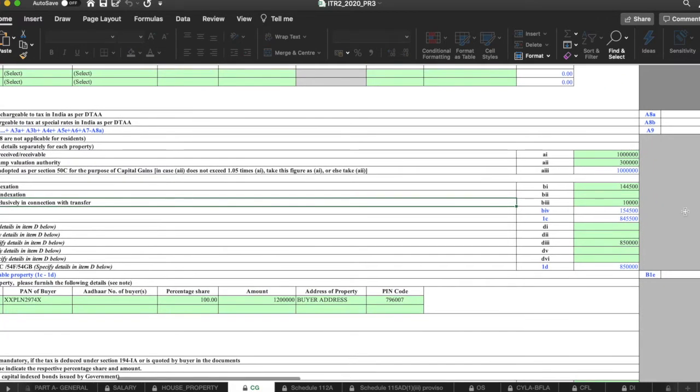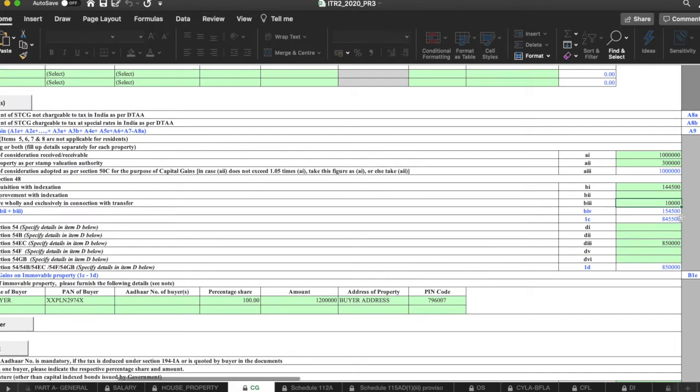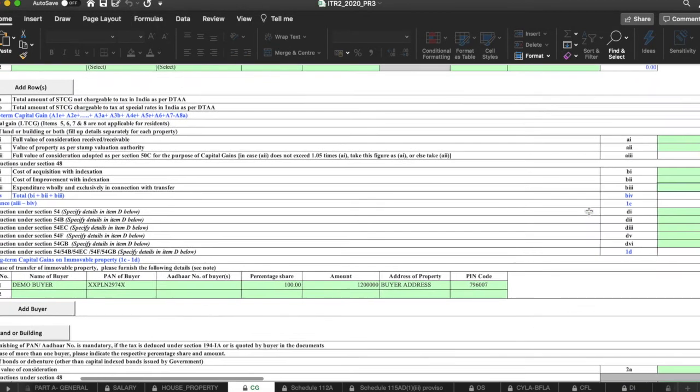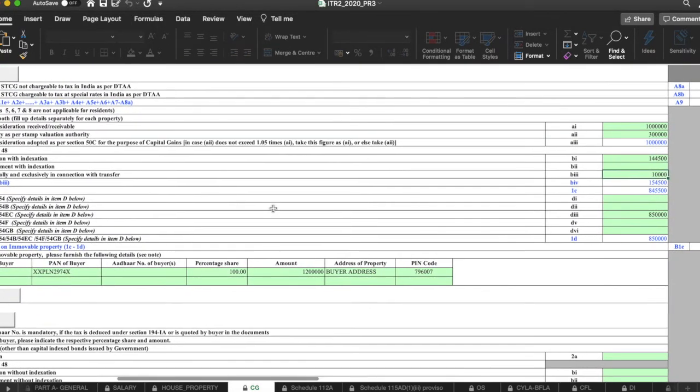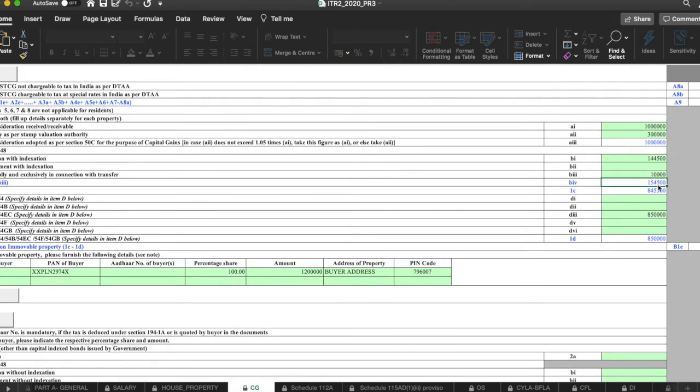There you can mention a value, in this scenario 10,000, I put 10,000 there. Then it will automatically populate the total and the balance. So you will get tax exemption for 1,54,500, and the remaining 8,45,500 you have to pay tax.